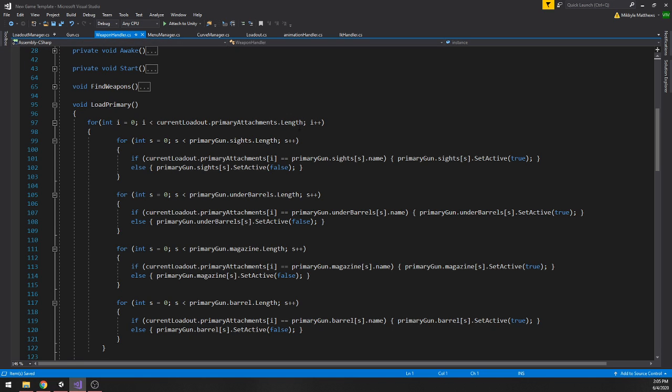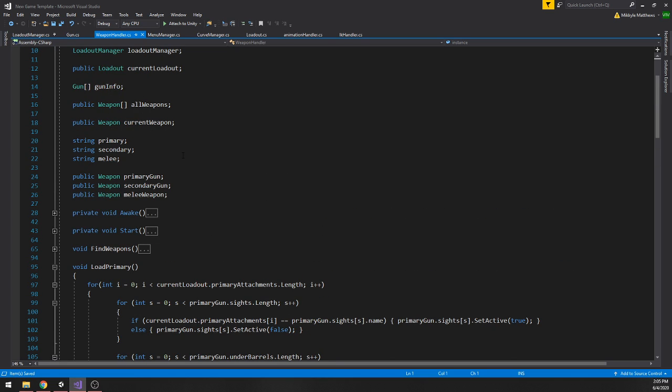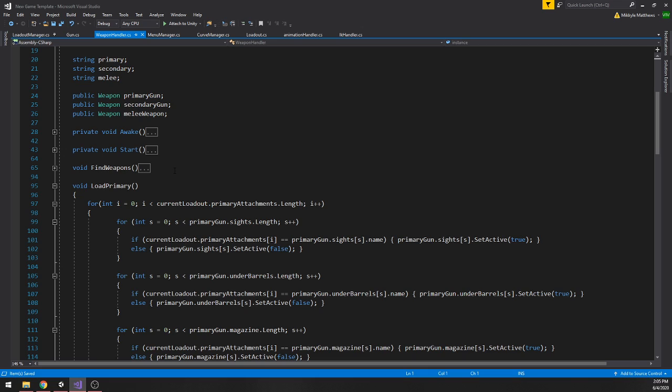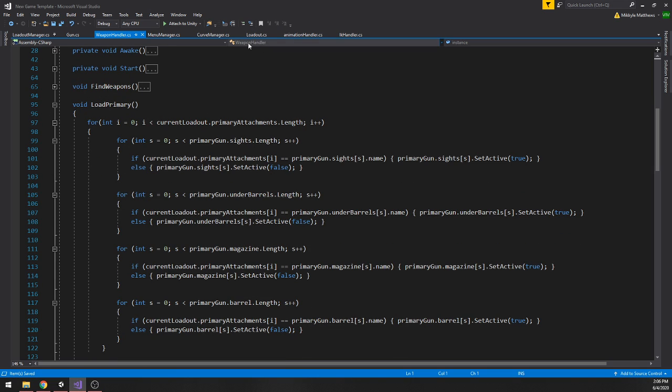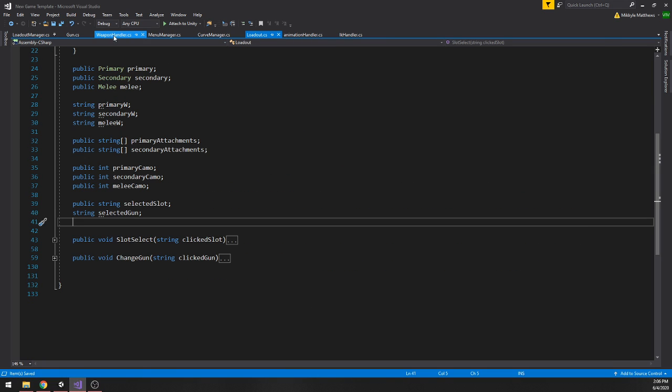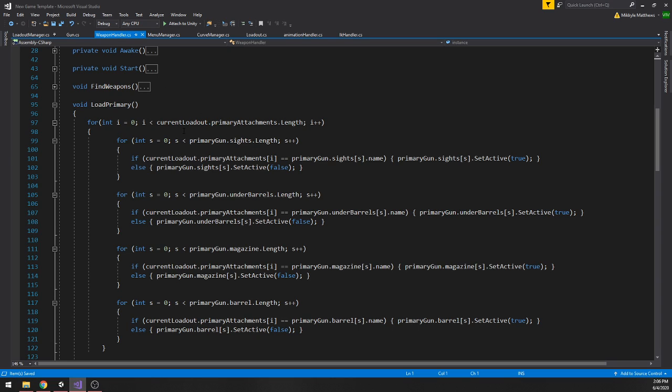So we're looping through all of those strings that are in there, and if the primary gun that we're using, which is our weapon script, which is basically just our game object that holds all of our guns and all of our attachments on the gun. So with this right here, it'll loop through all of the attachments that we have set in our loadout for whatever primary gun we're using, whatever loadout we're using. So basically the primary gun and the primary attachments. It'll go through that and say, hey,